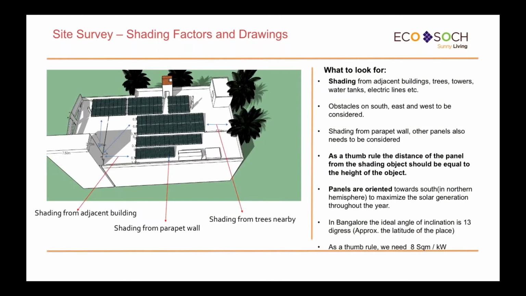What we do at the site surveys, we do a lot of this mapping. This is actually a drawing of one of our sites, where we look at the staircase room. Okay, these are the shadows. This is a maximum. Then you say, okay, from 4 to 5, you need to maximize the generations. You have parapet walls. You have the tree covers. God knows what are the things that you'll find?